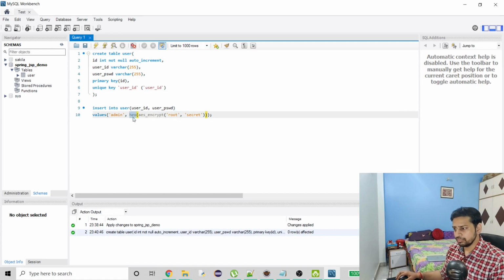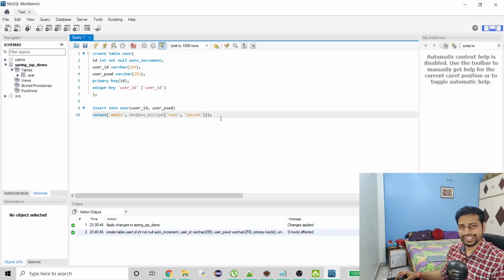For you guys, maybe you don't have to use hex. Let me first tell you what this is doing. AES encryption needs two parameters. One, the actual password, which for me is root, and then it needs a secret code.